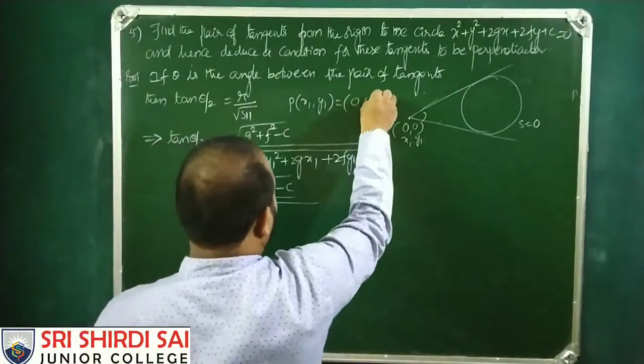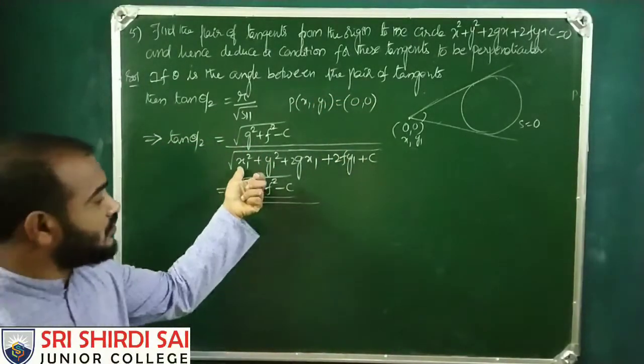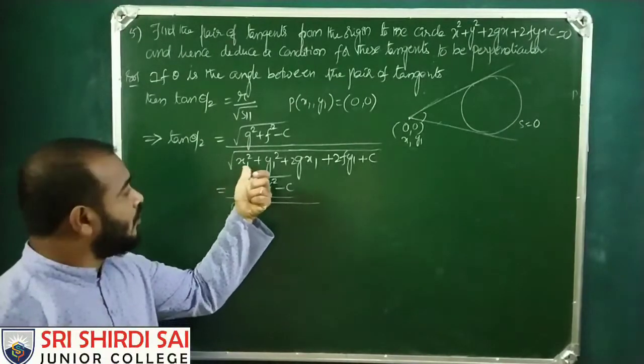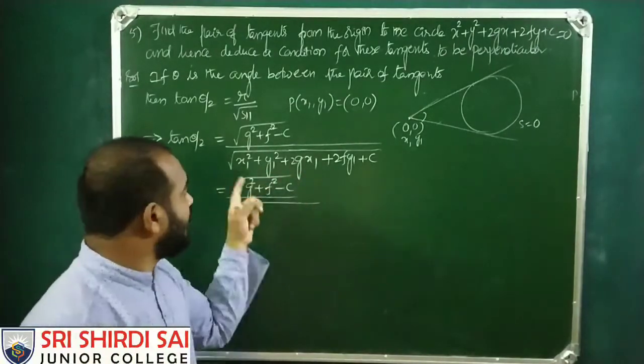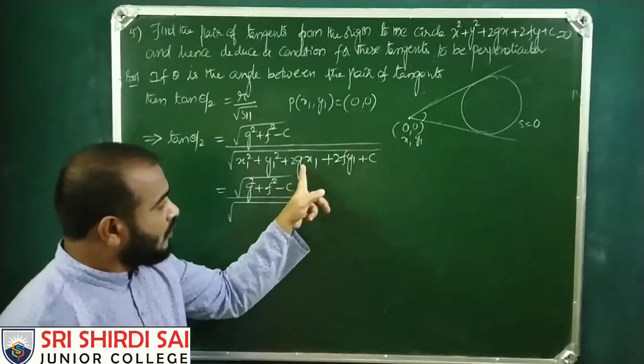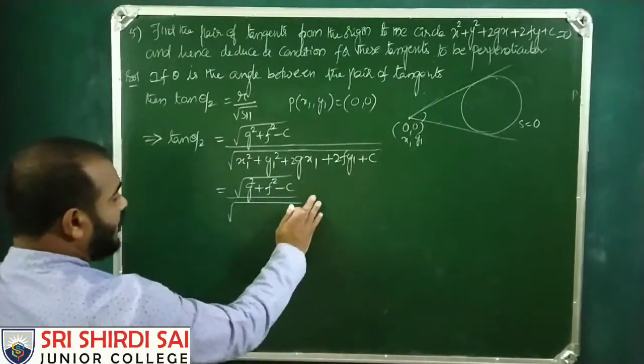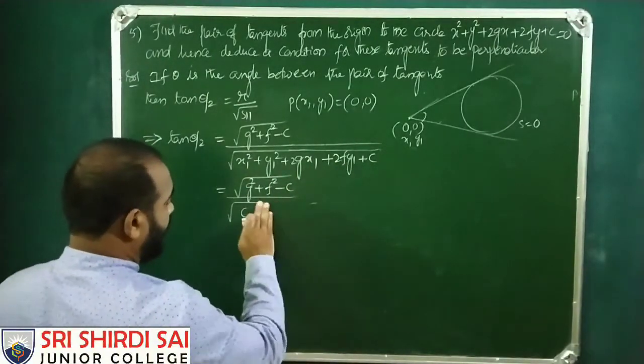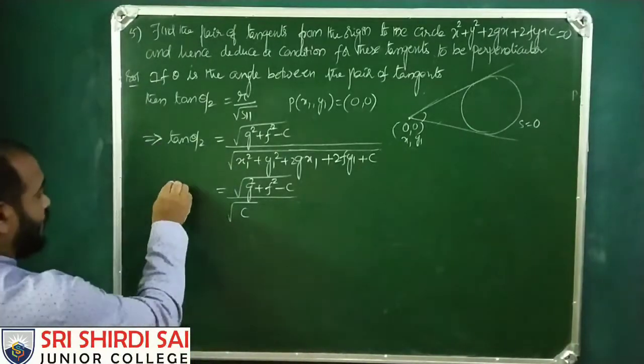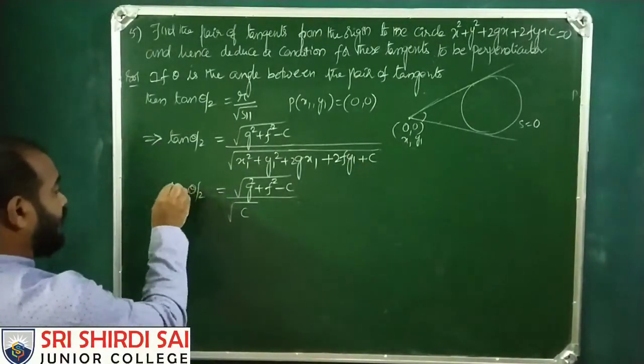0, 0. Therefore all that we need to do is just to substitute 0, 0 in the place of x1 and y1. 0 square, 0 square, 2g·0, 2f·0. Simply this is c I'm left with. Okay. This is equal to tan theta by 2. But the question is,